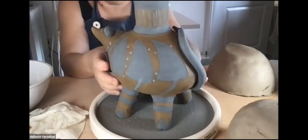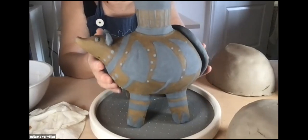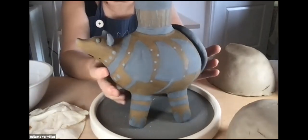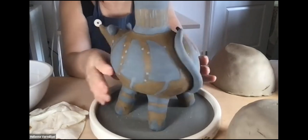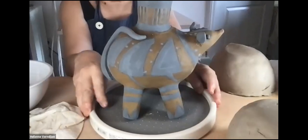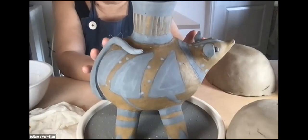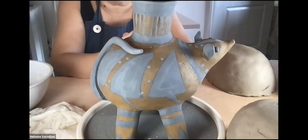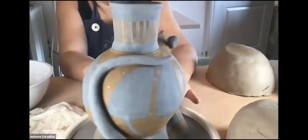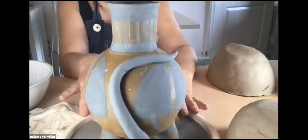Now, off camera, I did spend hours painting these triangles with underglaze, okay? They're supposed to be abstract representations of the possum babies that a mother possum carries on her back. So I kind of made it like that. Now, with the underglaze, which is basically a colored clay, you need to paint 3 coats. So I had to smooth out the clay, let it dry,